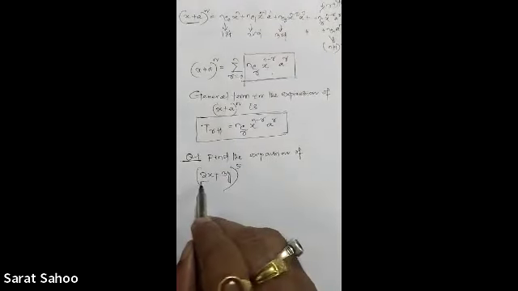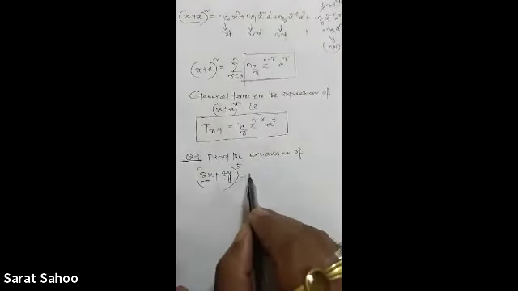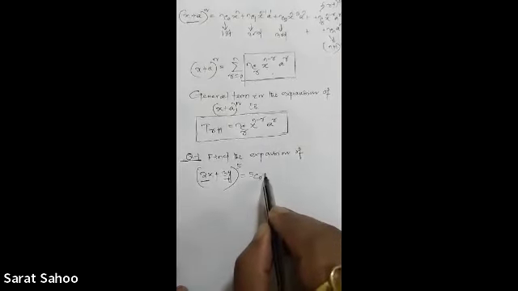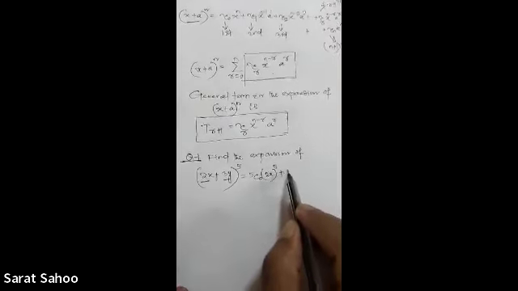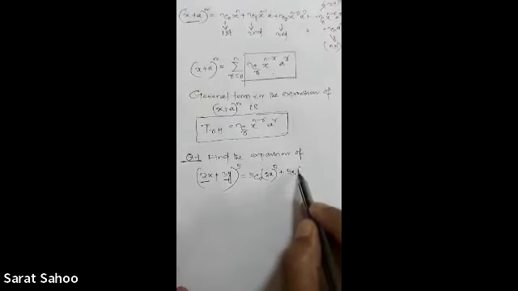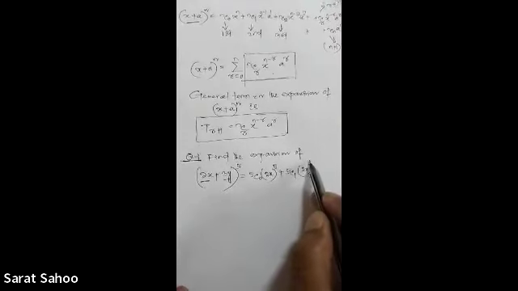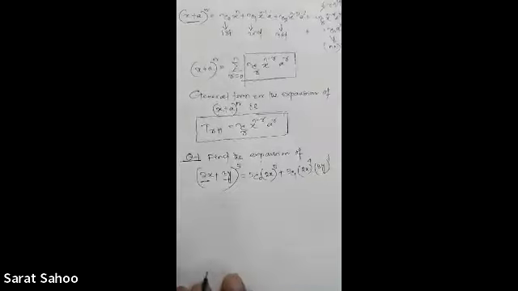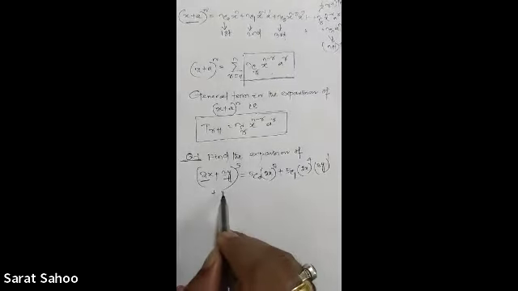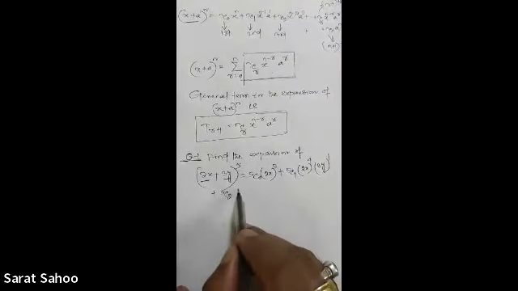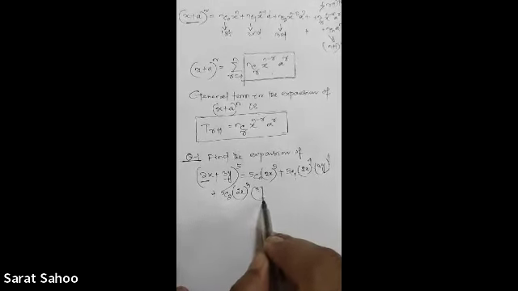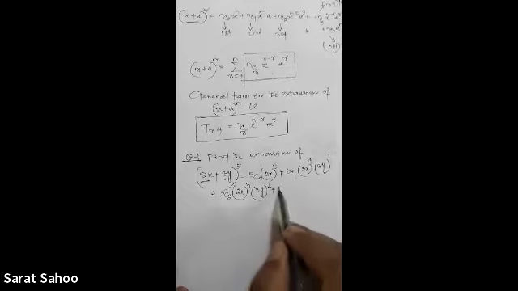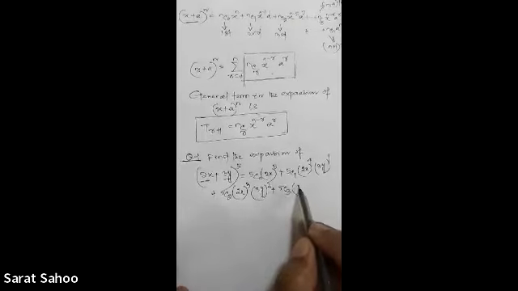So here x is equal to 2x, a is equal to 3y. This is equal to 5C0 (2x) raised to the power 5, plus 5C1 (2x) raised to the power 5 minus 1, that is 4, into (3y) raised to the power 1, plus 5C2 (2x) raised to the power 3 into (3y) raised to the power 2, plus 5C3 (2x) raised to